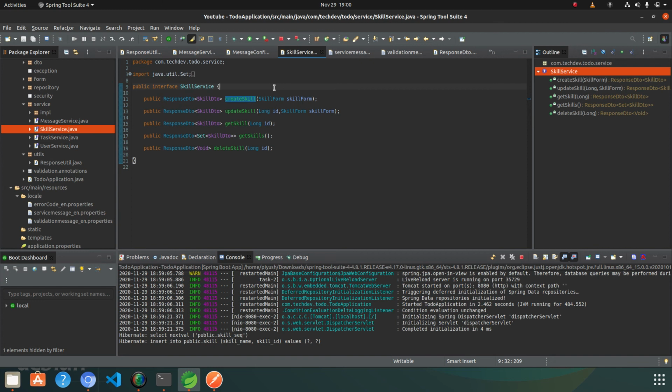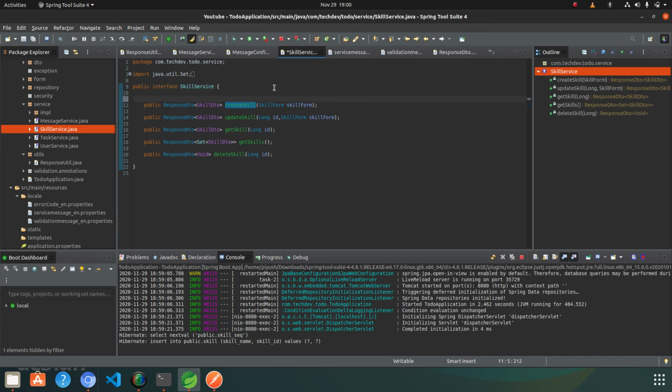So for having transaction management, using the Spring Data JPA annotation, what you need to do is add @Transactional